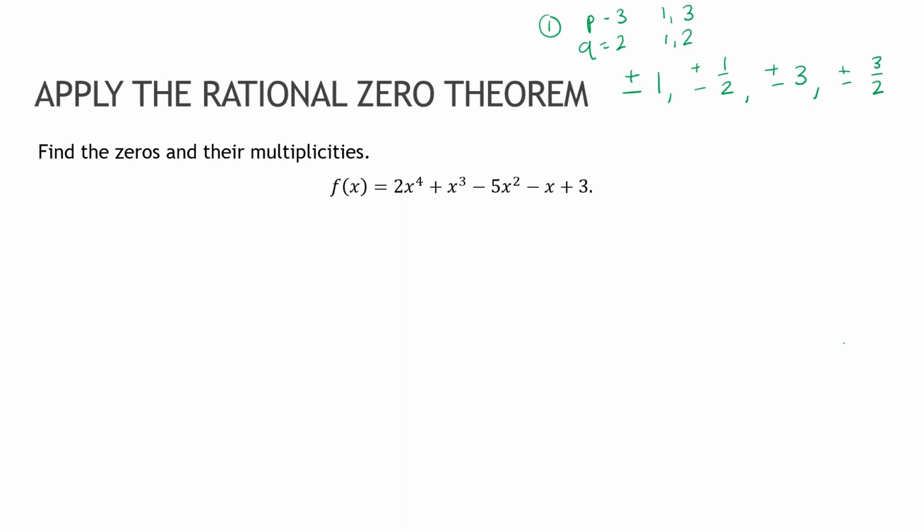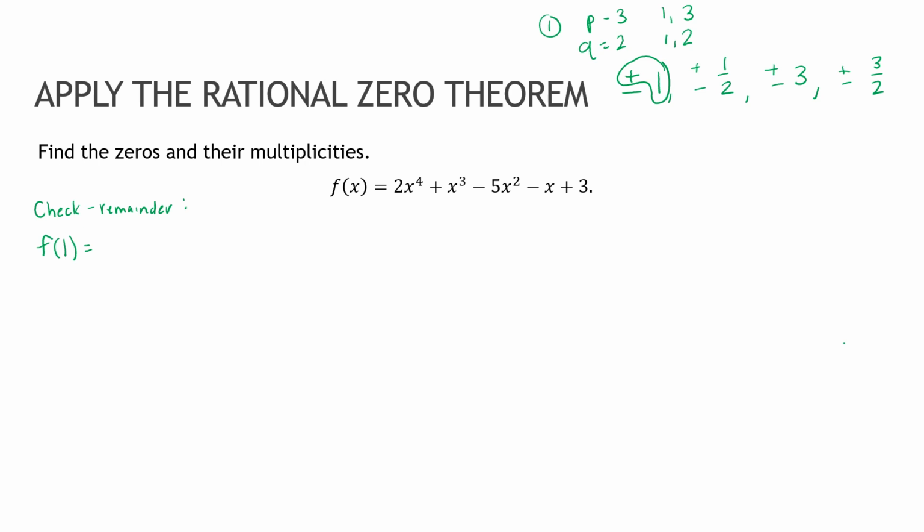Now, from here, I'm going to use the remainder theorem. And remember, the remainder theorem says, plug in a number, and if you get a remainder of 0, then it's a factor. So I'm just going to check using the remainder theorem. Take one of these numbers up here, and I am going to stick with a positive number. So I'm going to start by checking positive 1, which means I'm going to take f of 1, and again, you can do this in your calculator,